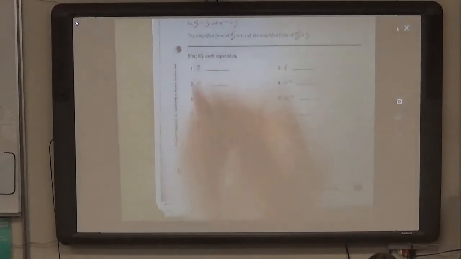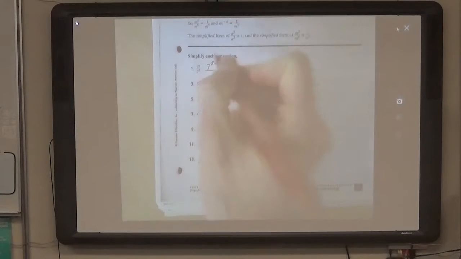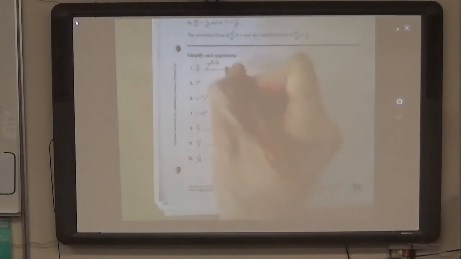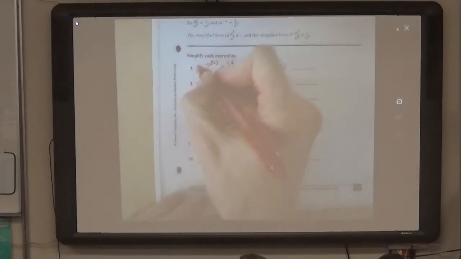So the first one, we did it in your notes. That was 7 to the 8 minus 2, which is just 7 to the 6th power. Jen? Why would it still be 7? Because you're dividing it, aren't you? Yep, we're dividing it, but there's still